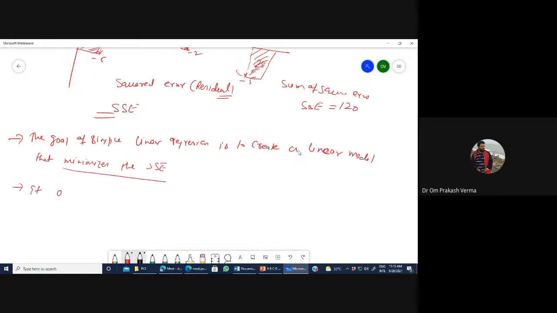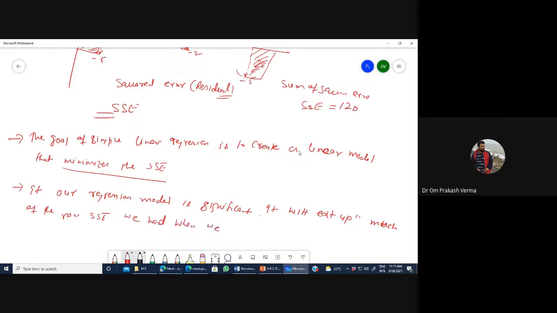If our regression model is significant, it will eat up much of the raw SSE we had when we assumed. Okay.